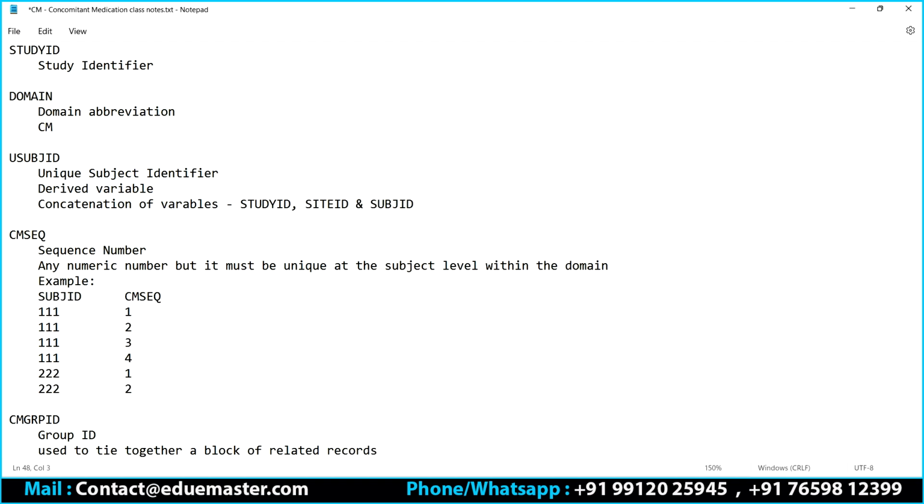What is the CM group ID all about? It is used to tie together a block of related records. What do you mean by that? For an example,